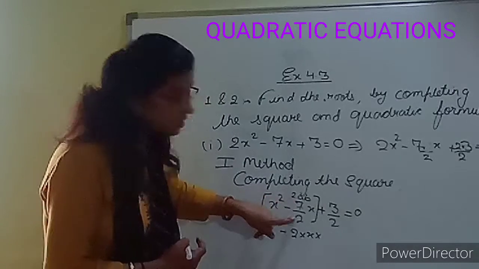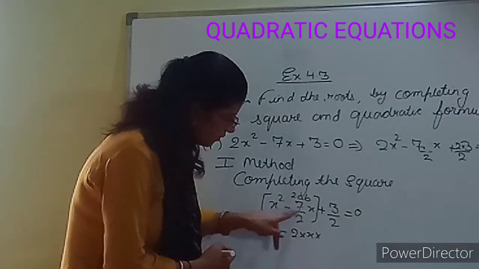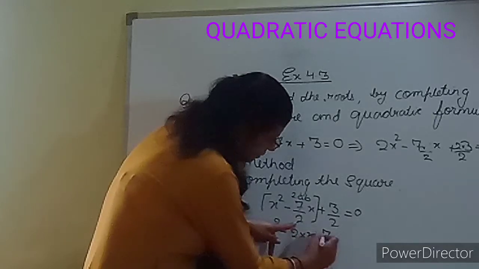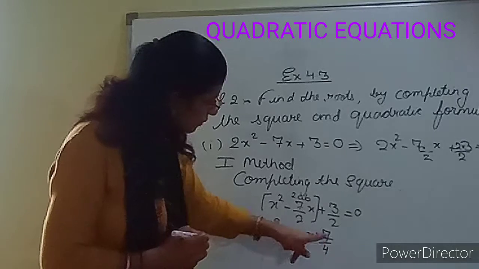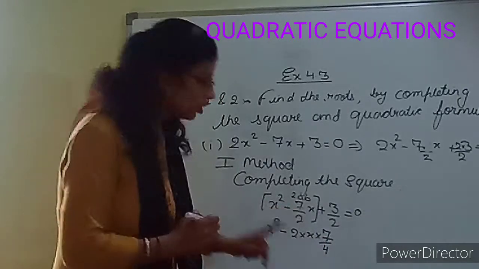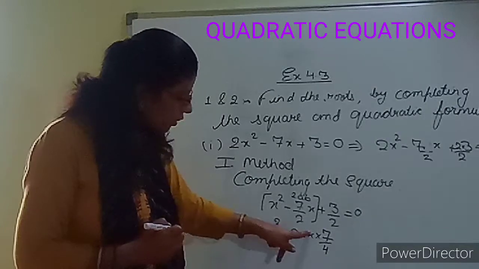So we will get 7 upon 2x. Okay. x we got. Okay. 7 upon 2 we got. 7 यहाँ लिखना पड़ेगा. Upon 4 we will write. Now calculate 2 to the 4. 7 upon 2x. Will get this? तो हमारे पास b क्या आ गया? 7 upon 4. a square minus 2ab.